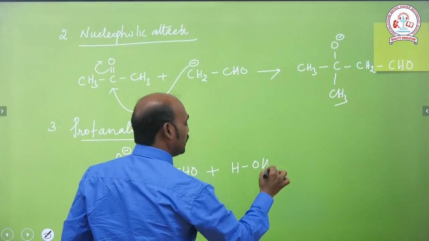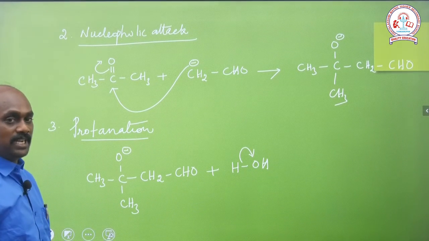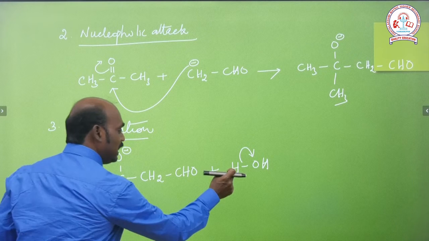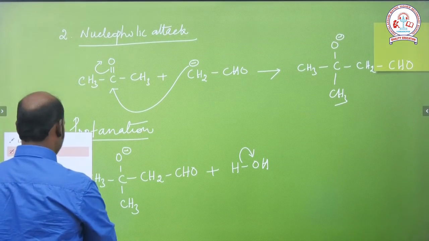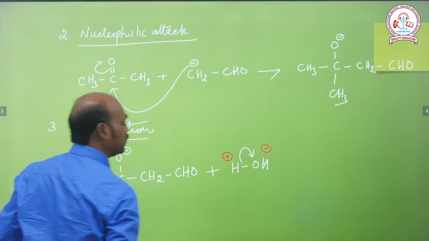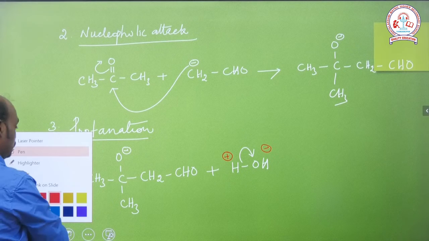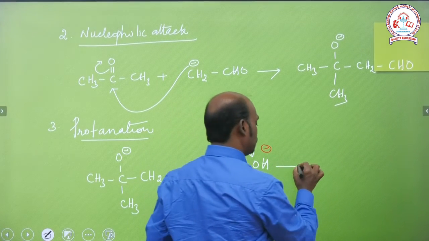Already we know water is a weak electrolyte which is partially ionized into H plus and OH minus ion. This H plus attaches with O minus. So then we get the product